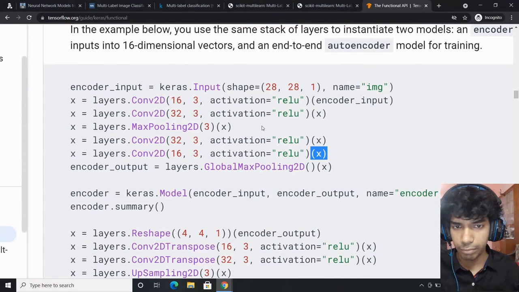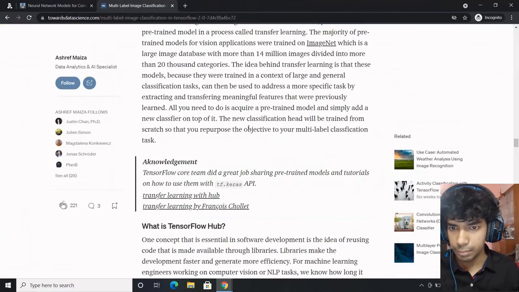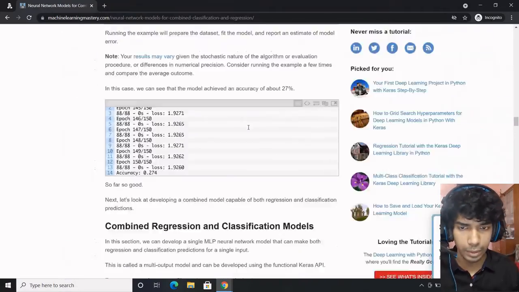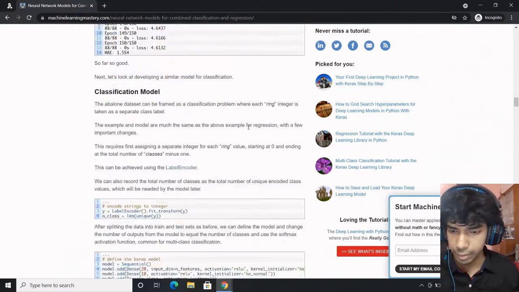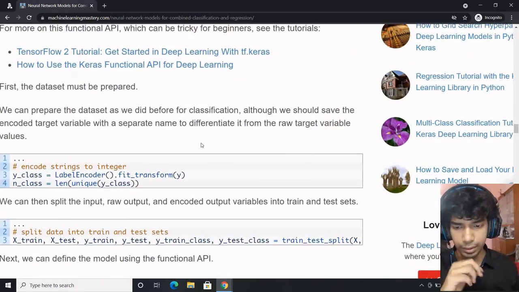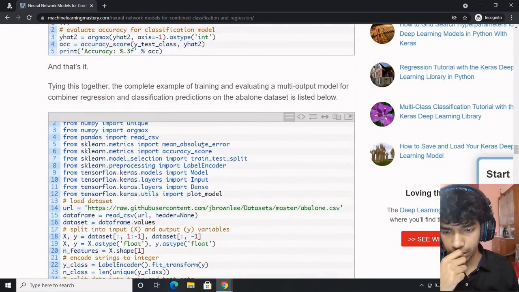Now let's see how you perform classification and regression at the same time. So this is one website, Machine Learning Mastery, quite famous. They have taken this particular data set and they're trying to do combined classification and regression.